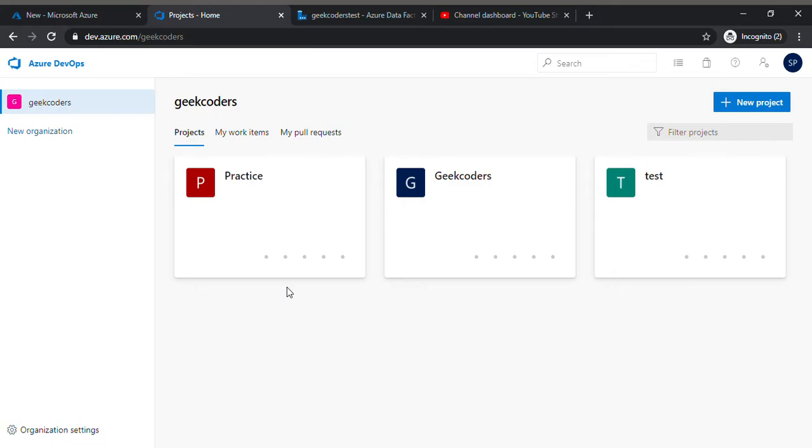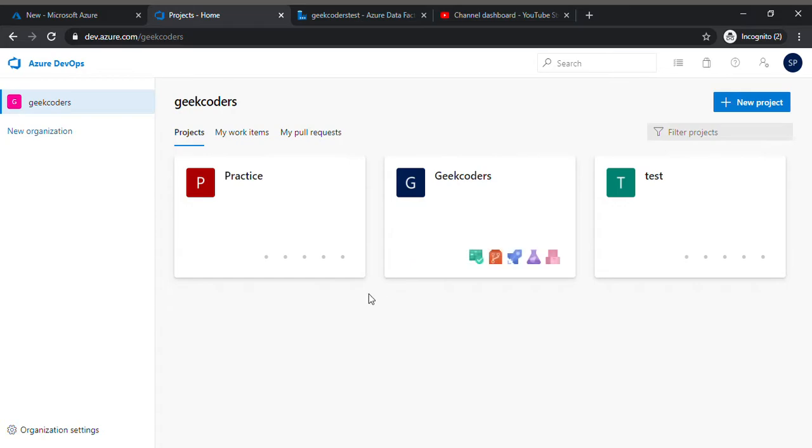So we cannot go directly into the production. We have some set of rules which have to be followed in every organization. So for that, first we write our code in dev, and then we go to the testing environment, and then we move to the production. So let's start from the scratch.